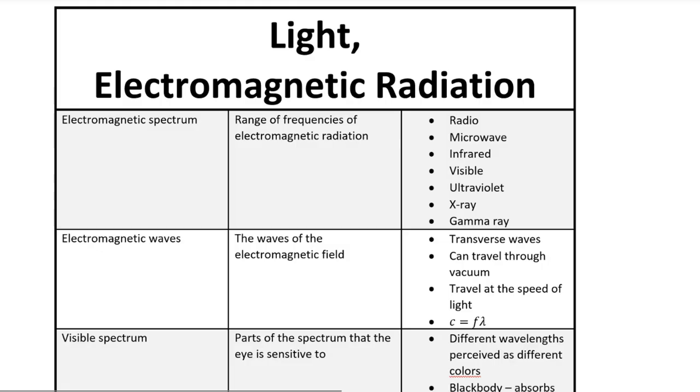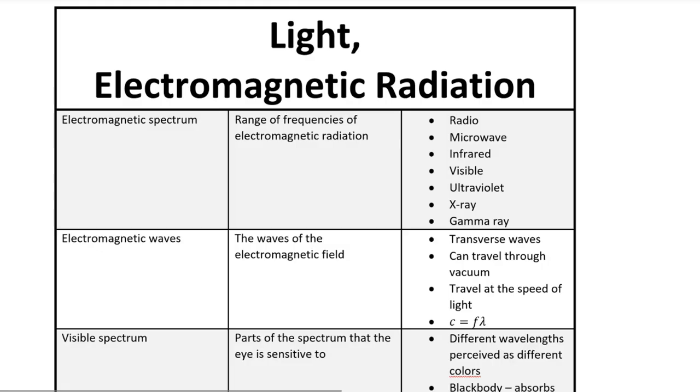Radio waves have the largest wavelength and therefore have the smallest frequency and energy. On the other end of the scale, there are gamma rays, which have the highest energy and frequency and smallest wavelength. In between these two extremes, there are various different branches depending upon the wavelength: microwave, infrared, visible, UV or